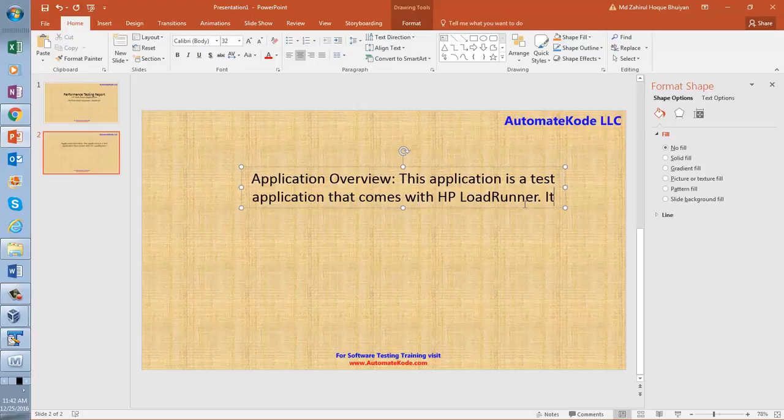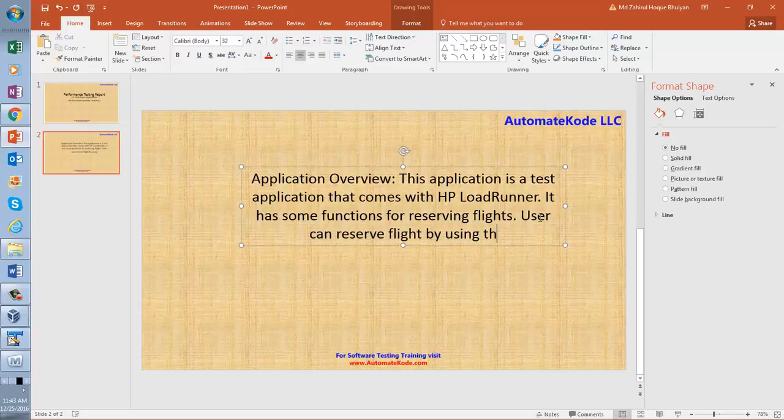It has some functions for reserving flights. A user can reserve flights by using this application.